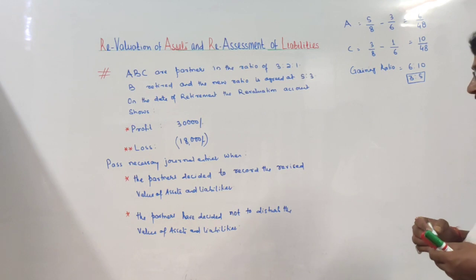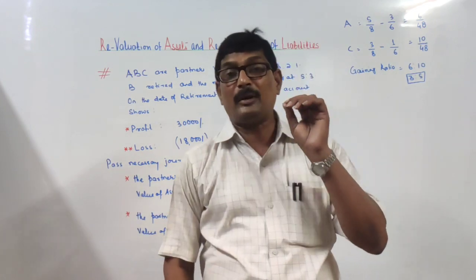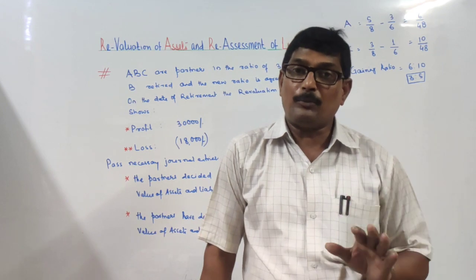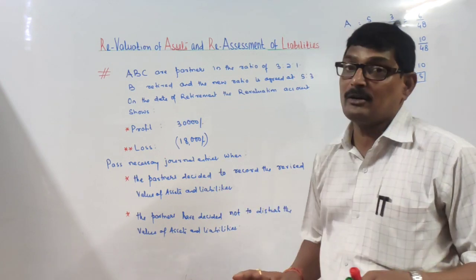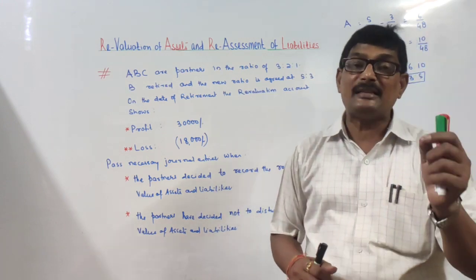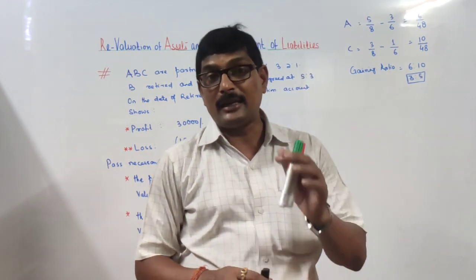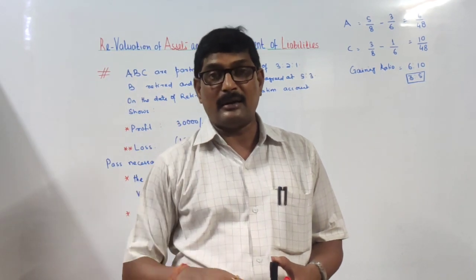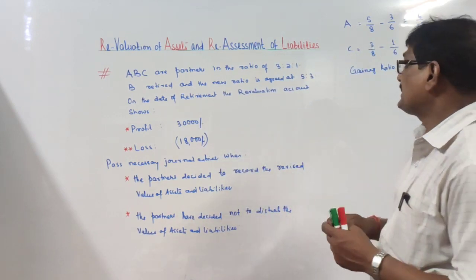So in this case, when the partners have decided not to change the value, remember what we used to prepare? We used to prepare a statement instead of revaluation account, to find out the profit or loss. Suppose we have prepared the statement and the profit shows 30,000 and the partners have decided not to change the value. Right? So what will happen? The gaining partner will compensate the sacrificing partner. In case of addition, the gaining partner, that is the incoming partner, compensated the sacrificing partners. Exactly the same way here, the gaining partner has to compensate the sacrificing partner.